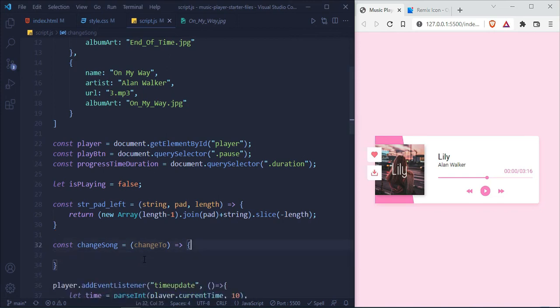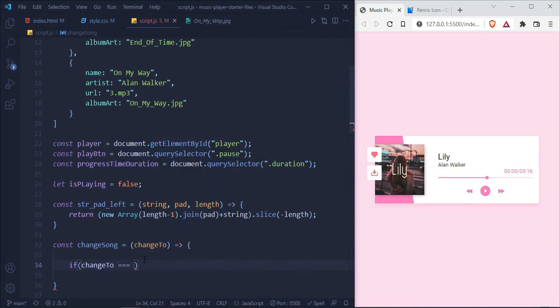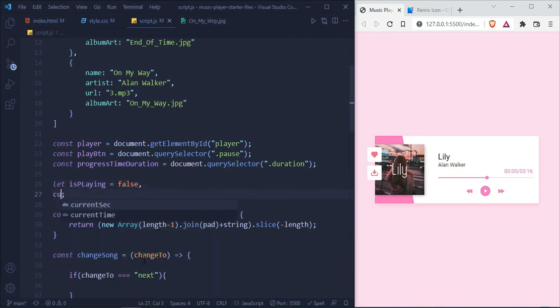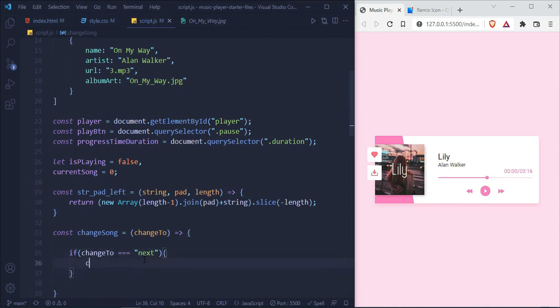And we will check if it is next or if it is previous. So I will check if it is next. If change equals to next, then we will have a variable called current song. Default value will be 0. Now we will do current song plus plus,